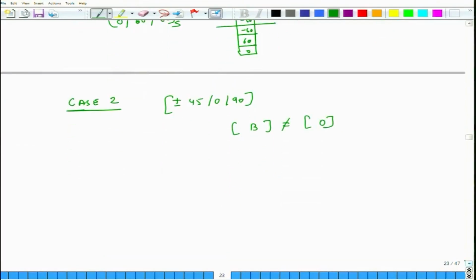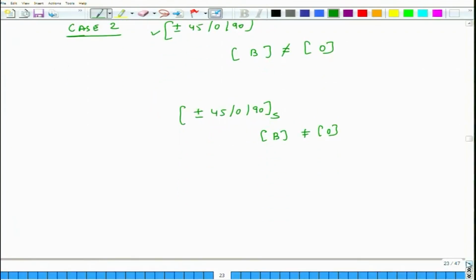So, if you want B to be also 0, then what you do is you go to plus minus 45, 0, 90 symmetric, and what that will do is that B will be 0 and also D will be somewhat less. I mean, D will be less here also because there is a plus 45 sitting next to a minus 45,